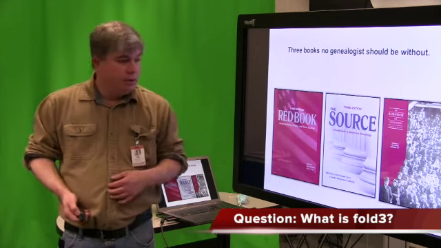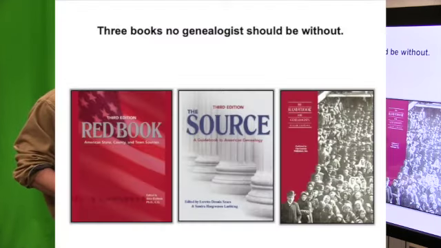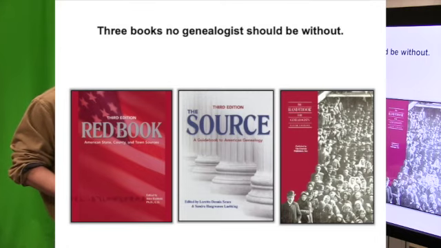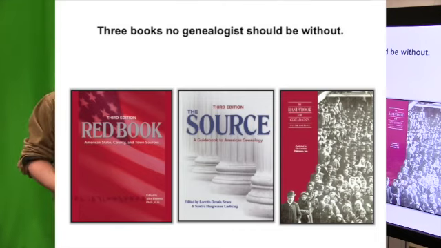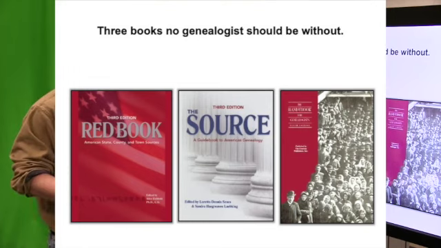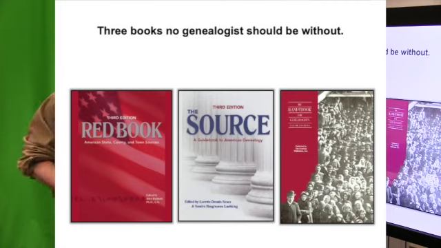Really good. I also listed these 3 books. I couldn't find the red book because I was in a hurry coming over here. But 3 books, if you can get them, no genealogist should be without, because they really help you do research. They're pretty much like genealogist Bibles that you can look up quick information in if you need to know when Texas started keeping vital records. Just look in the red book under Texas, and it will tell you when Texas started keeping vital records and what years they are available from.